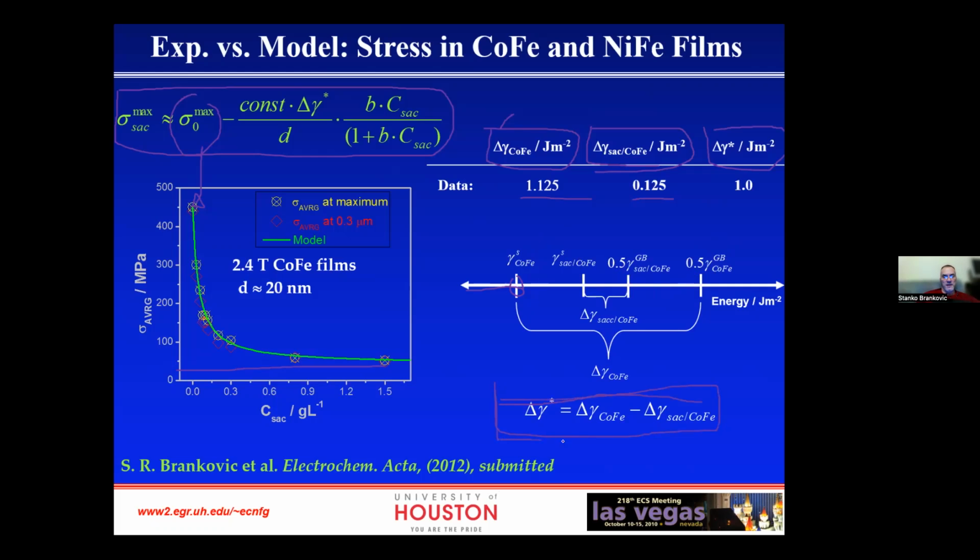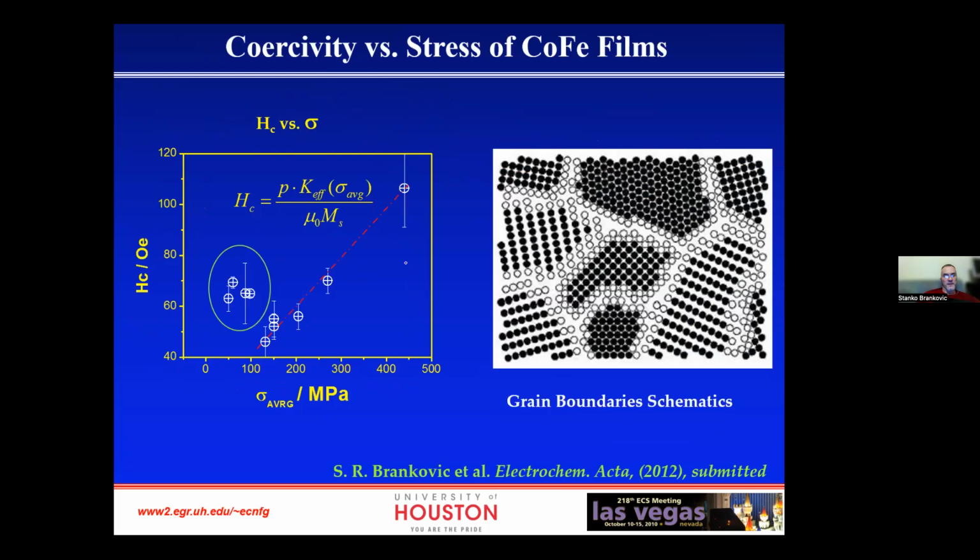Keep in mind that the stress reduction in the film is proportional to this term here, okay, which is the decrease in the driving force for grain zipping due to the presence of the additives completely covering the surface. And then this term here is actually the Langmuir expression for the coverage. All right. Now,